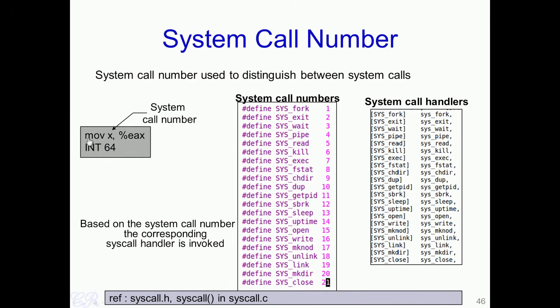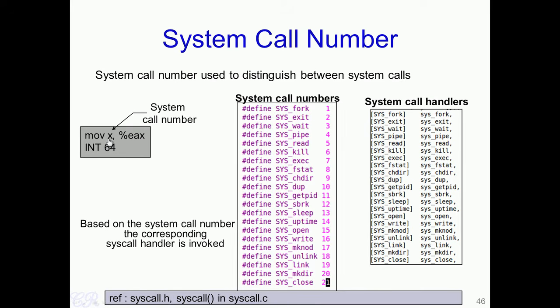So, for example, this instruction move x comma EAX will move the system call number to the EAX register. Now, each system call in the operating system will have a unique number, the system call number. Now, the operating system, when triggered by the INT instruction, would look up the EAX register and then determine what